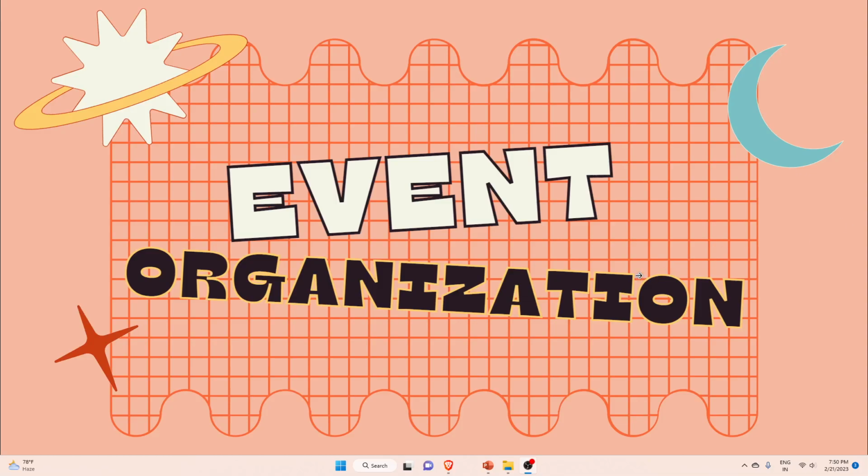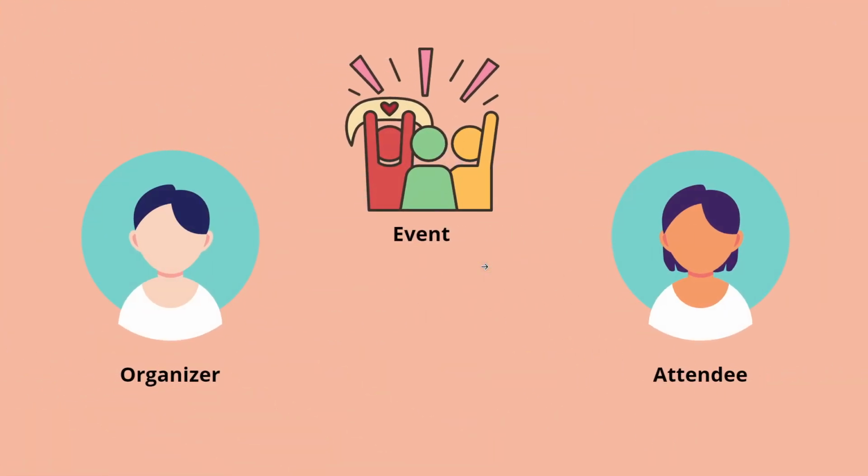Hi, now in this video we are going to see how we can create an event organization smart contract project. Now our event organization smart contract project will consist of three entities. First one will be the organizer who will be organizing an event, and then we will have attendee who will